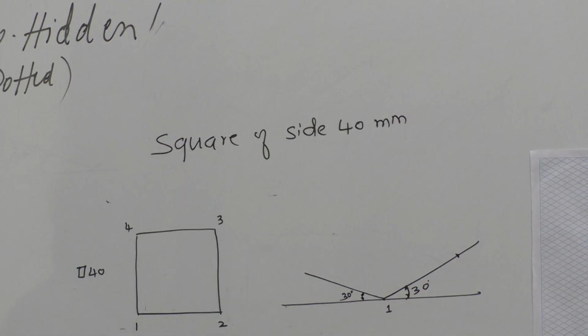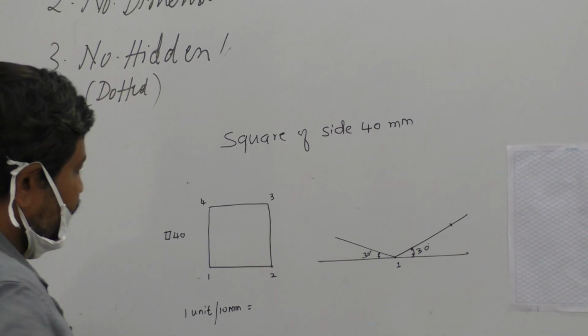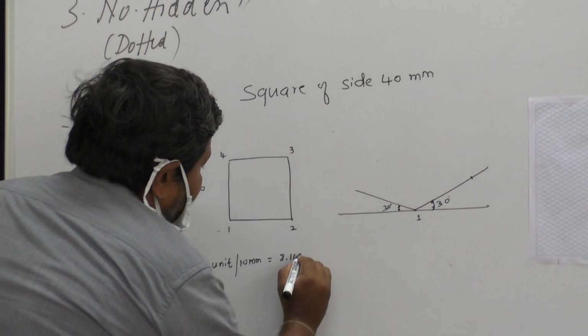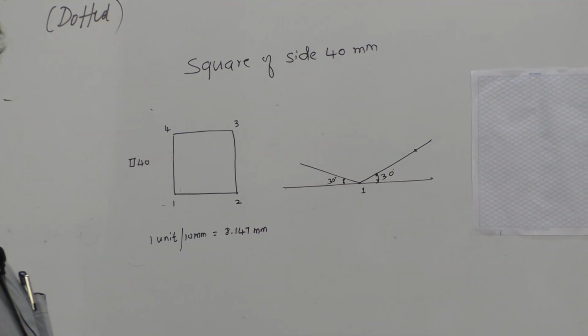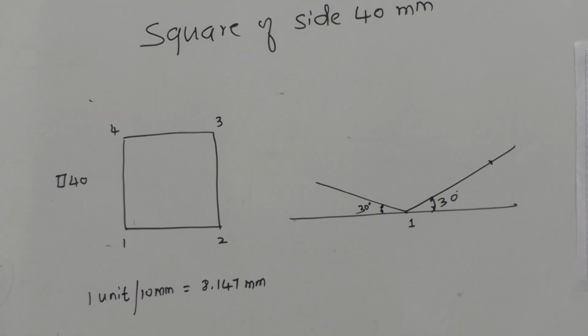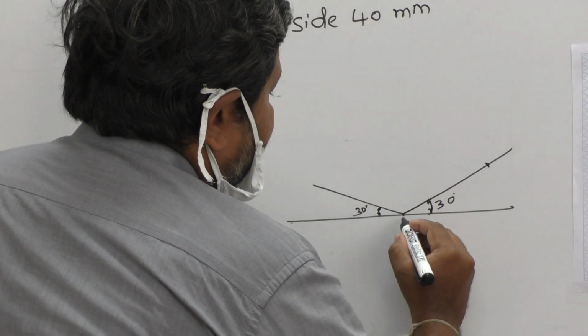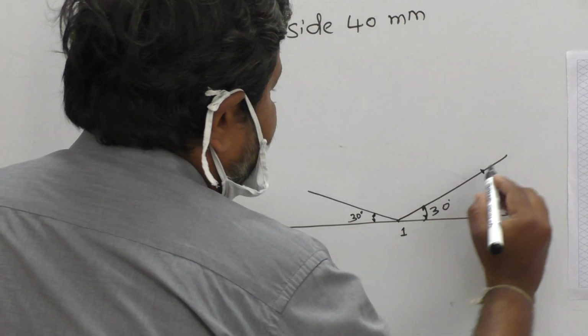As we know, in the isometric projection, 1 unit or 10 millimeters will be reduced to the iso scale, and it will be measured as 8.147 millimeters. So much of the dimension will be reduced in the isometric scale, because in the isometric projection the object will be tilted and rotated through an angle of 30 degrees. So now I have taken the isometric scale as 40 millimeters, that means 4 units.